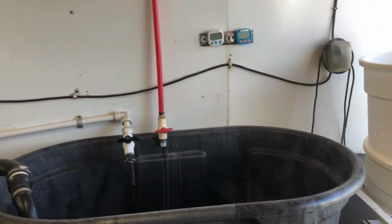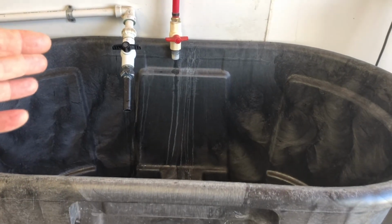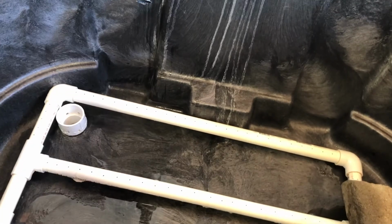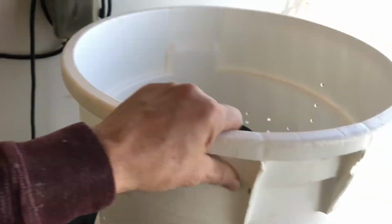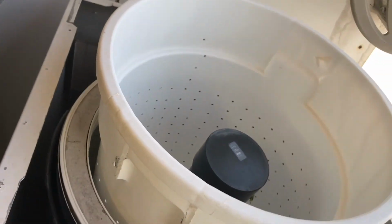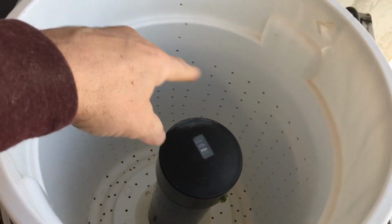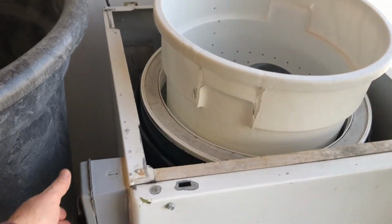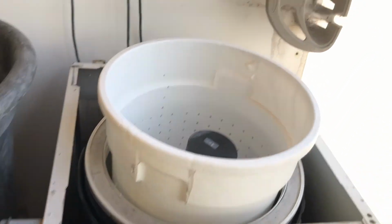It's got the blower in, and so it'll blow. Basically, what it is a jacuzzi for greens, and it'll move them around, and then they'll do that for 1 minute. You can see right there, 1 minute on the timer, and then they'll come in here and they'll scoop it all out and they'll dump it into this guy right here. You can see all the holes. This is an old washing machine that I have converted into just a spin cycle, and